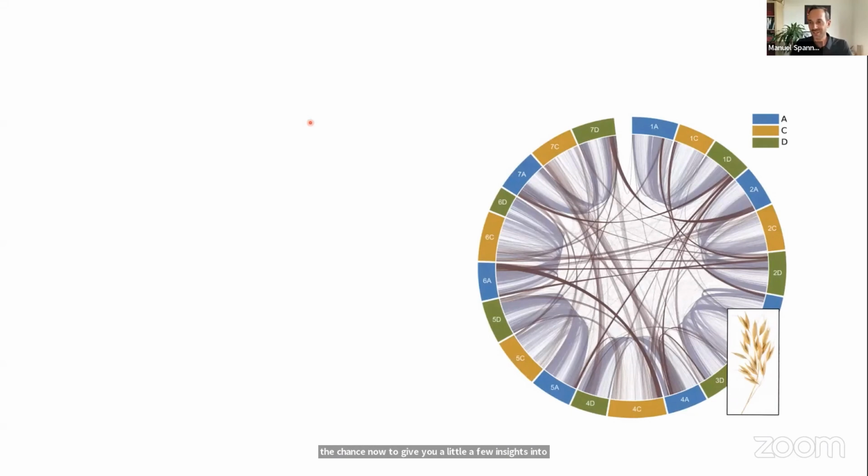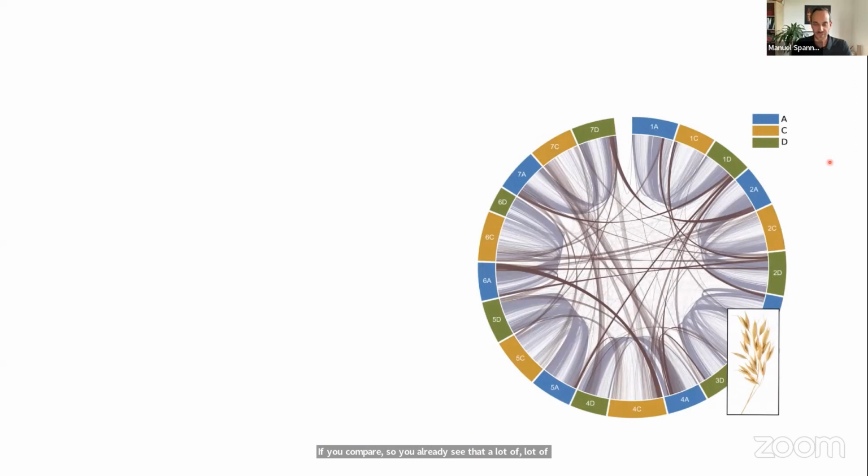So what you see here is a schematic representation, and all the lines indicate syntenic relationships between the subgenomes of oat. The ones in more bold color represent the syntenic relationships between chromosomes not from the same linkage group. So for example, syntenic relations between the chromosome 7D here with the chromosome 2A. You already see that a lot of things are going on in terms of rearrangements between